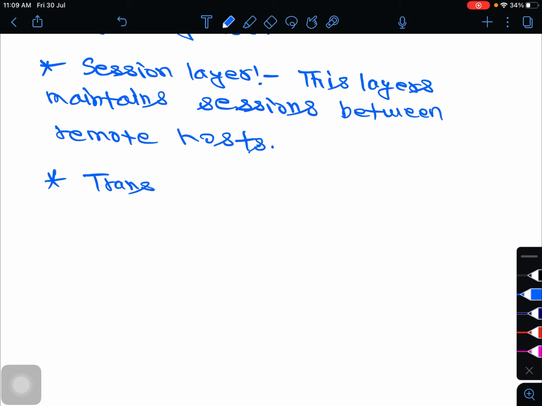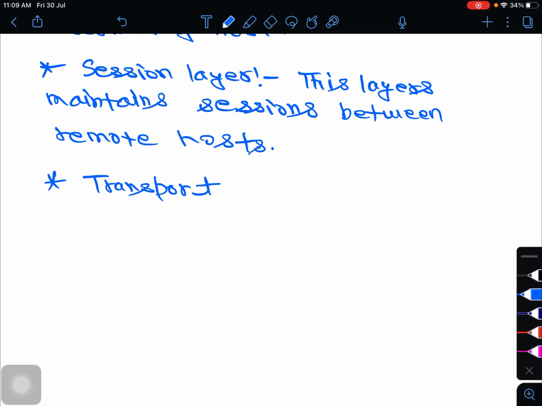Here in transport layer, this layer is responsible for end-to-end delivery of information between the hosts.